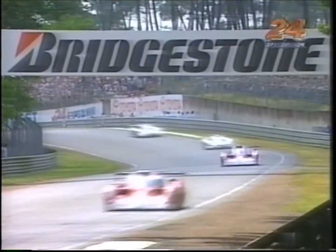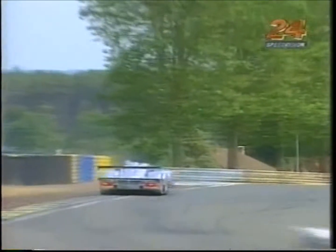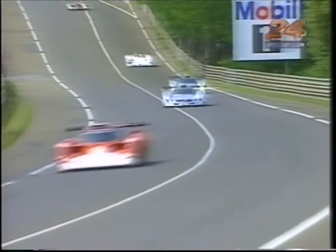Audi has 4 cars in the race, 2 of them open, 2 of them coupes, and for some reason the open cars are outperforming the coupes. And we'll talk, oh boy, look at that. Oh, Schneider really giving it the stick there. We're talking a little while about the difference in the rules between the open and closed cars, but right now,